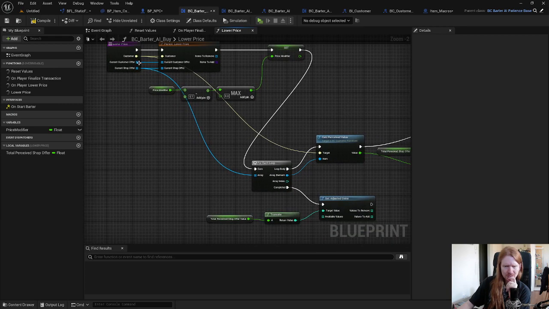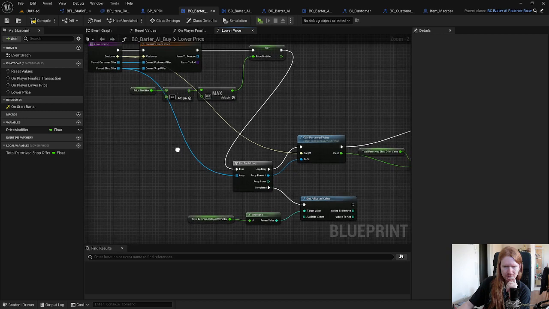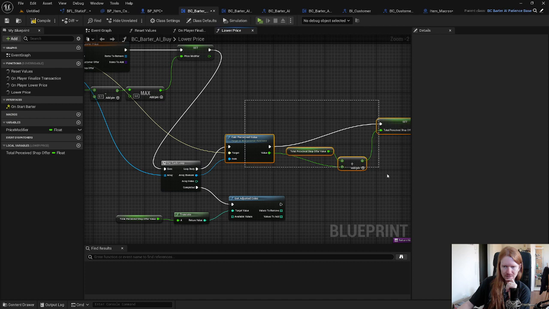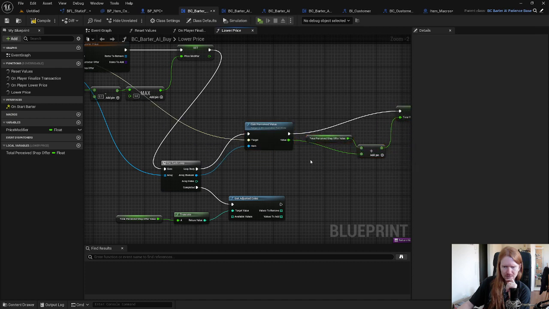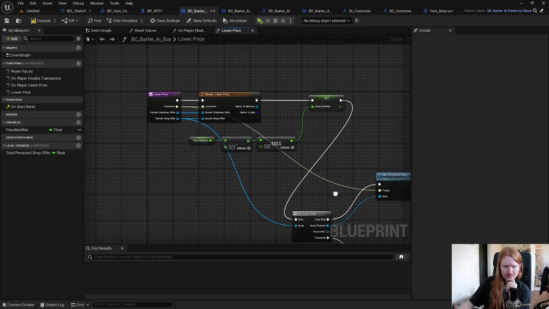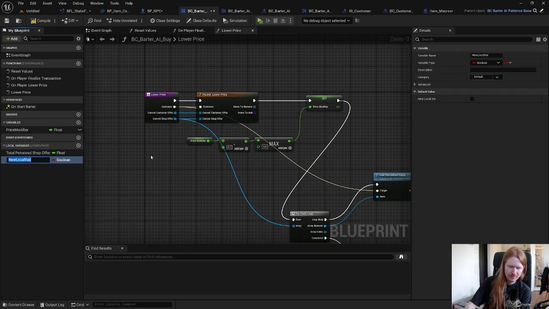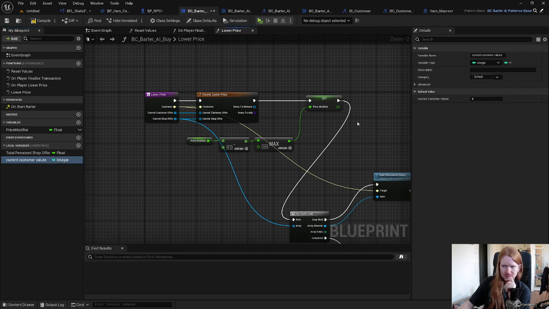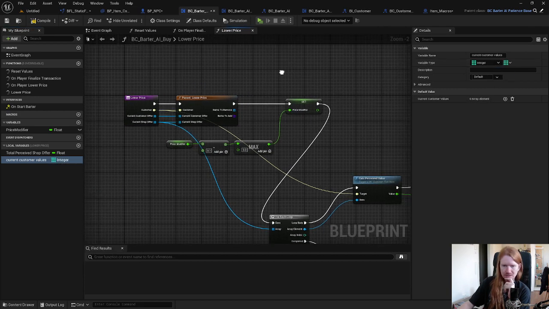Current customer offer. We need to get the values. And this is for the shop offer. So I'll make a current customer values, which is integer array,